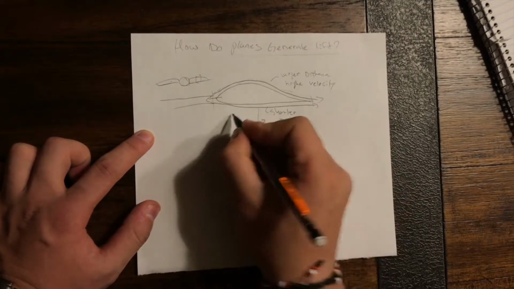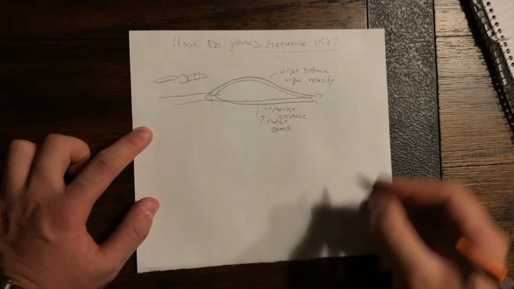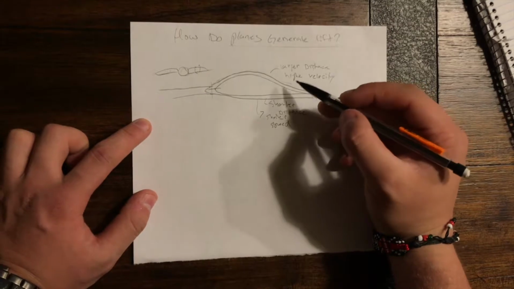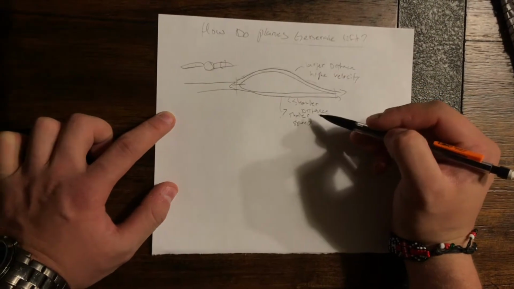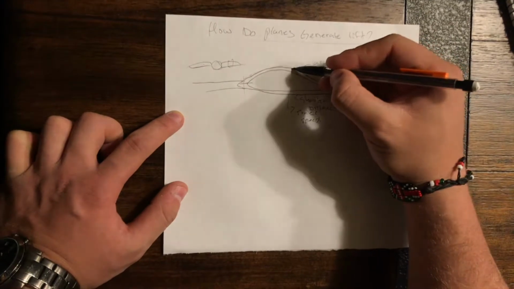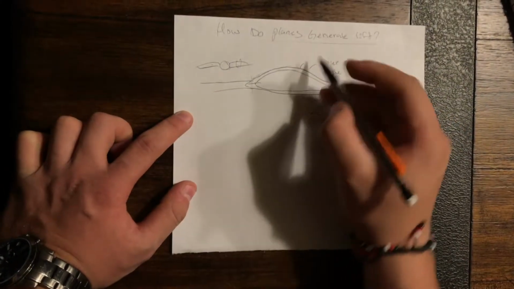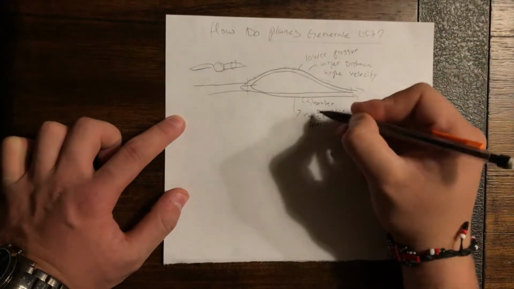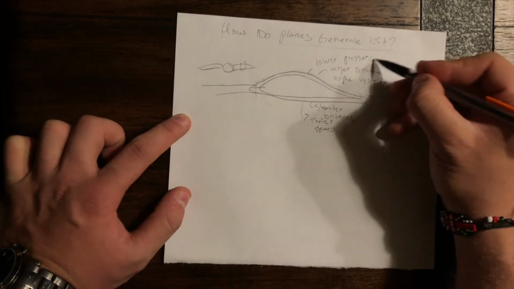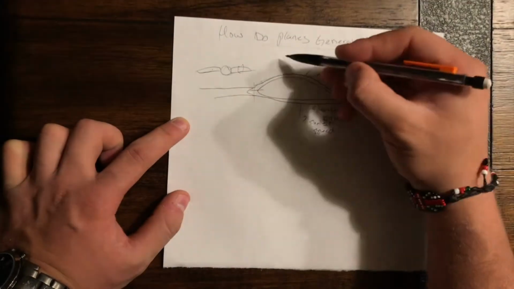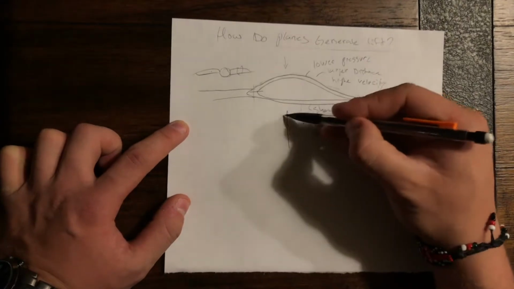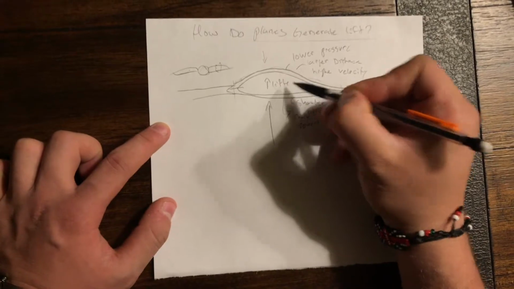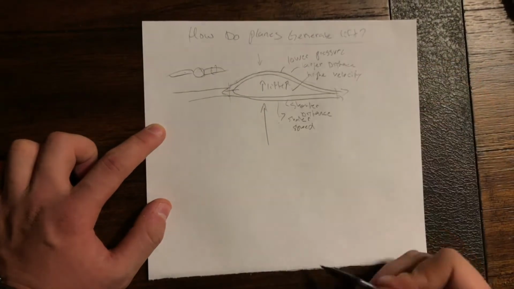speed at the bottom. And because of that, Bernoulli's principle states that with an increase in the speed of a fluid, there's a decrease in pressure, and vice versa. So if you look at this point right here, it's a higher velocity, so there is lower pressure, and vice versa for the bottom. So since there is lower pressure here exerting on the wing and much higher pressure here, what's going to happen is we're going to get lift, and that's how the plane's going to go up in